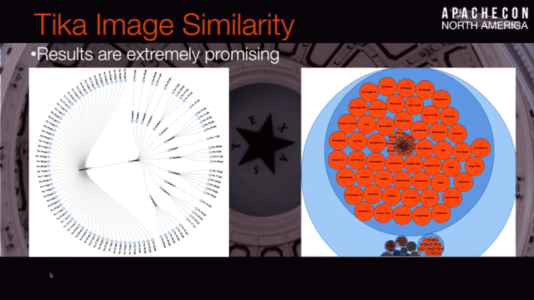These are image clusters that come out of this image similarity algorithm. That's what you see on the left, a flare dendrogram that shows you the clusters. The other question is, what metadata features make up those clusters? That's the circle packing diagram on the right: this cluster is stamped with these properties, and this is why it's a cluster. What's really interesting is that the properties these images are stamped with tell us a lot about their relationship with each other: who took them, what scene they're in, what software they were edited on. We can develop all sorts of interesting relationships just from the metadata.